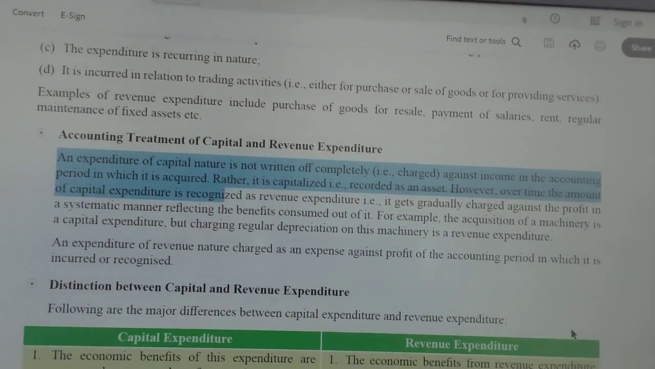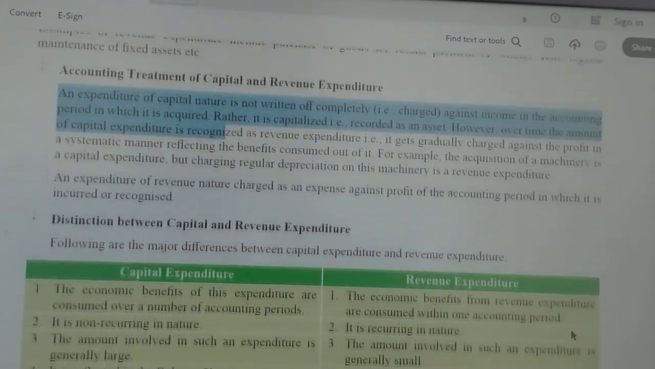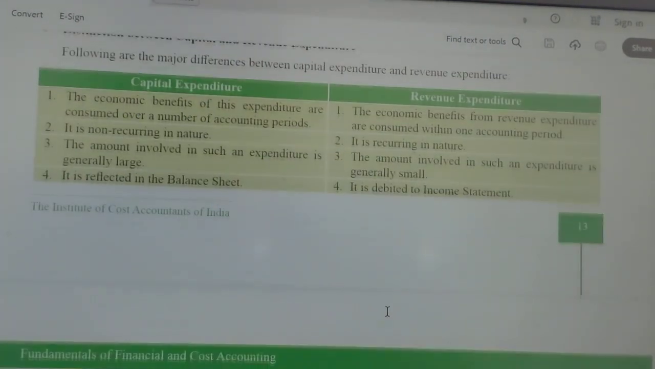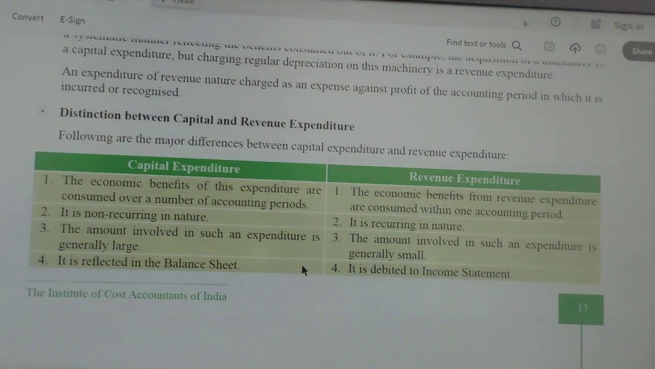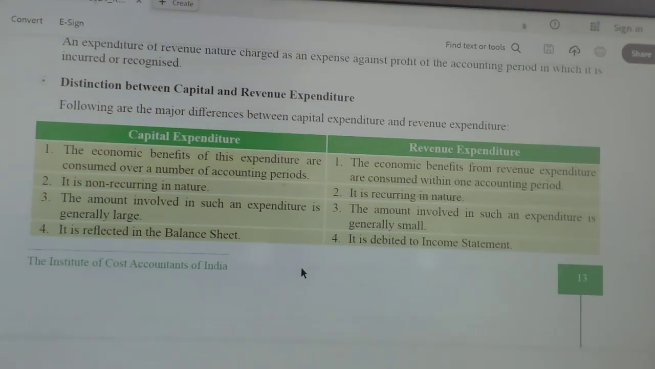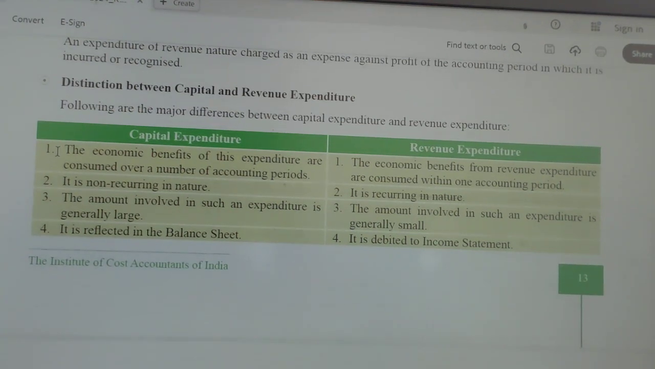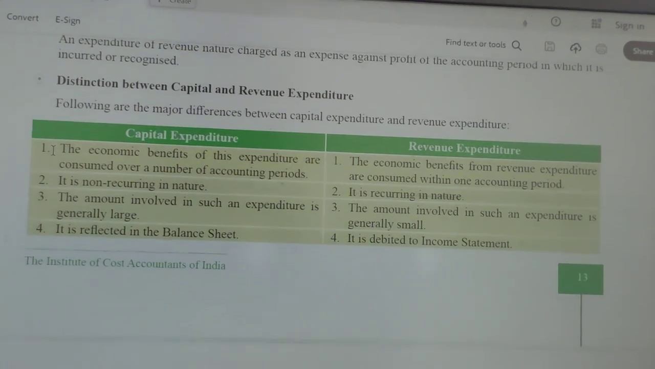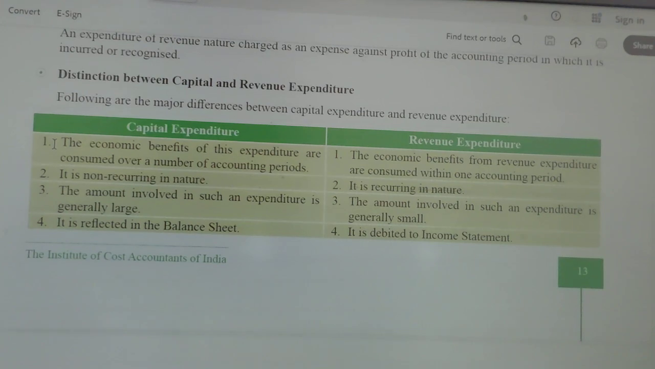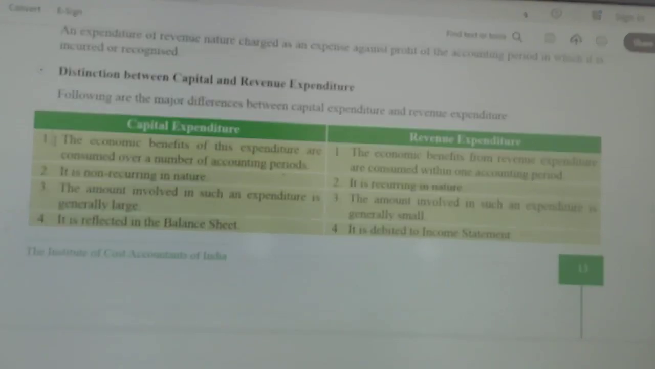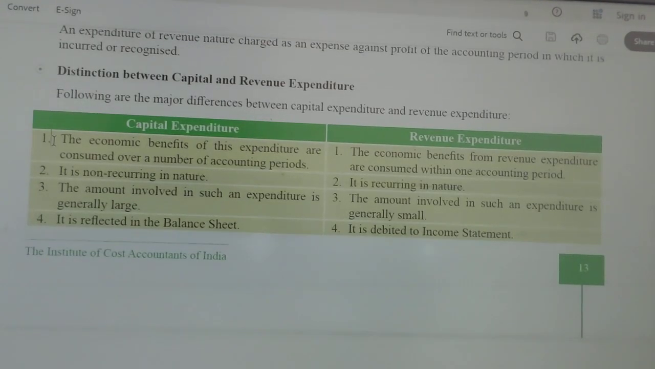Let's understand the distinction between capital and revenue expenditure. What is the difference between them? Here you can see on the slides. The first difference is the benefit: we receive benefit from capital